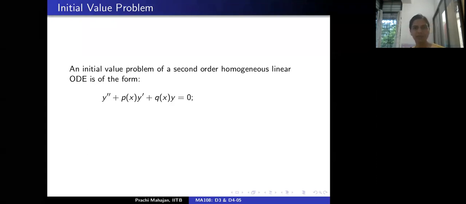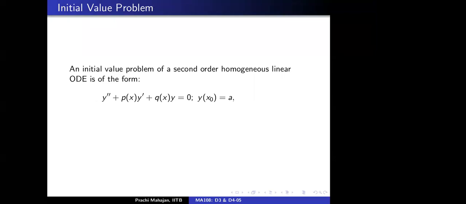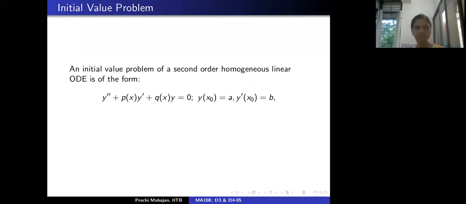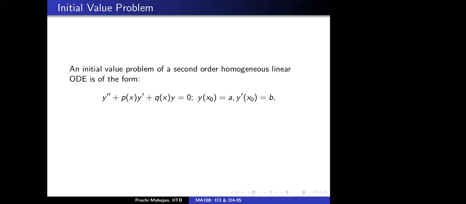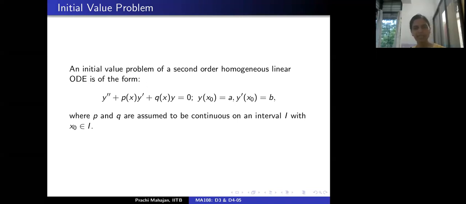Right? Okay, all right. So let's discuss what is an initial value problem of a second order homogeneous linear equation. So I have a second order linear homogeneous equation in standard format here. d square y by dx square plus p(x) dy by dx plus q(x) y equals 0. At x equal to x naught, y takes the value a, and I also have the following information that at x equal to x naught, the derivative of y equals b. a and b are any real numbers, and p and q we will assume to be continuous on a certain interval containing the point x naught, where initial data is available. All right. So is this okay with everybody present here?